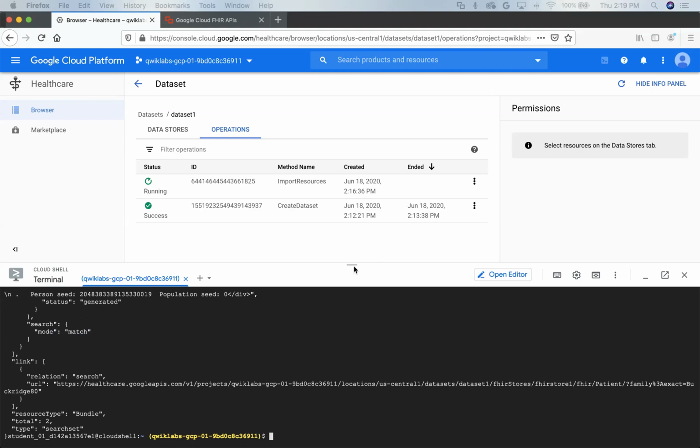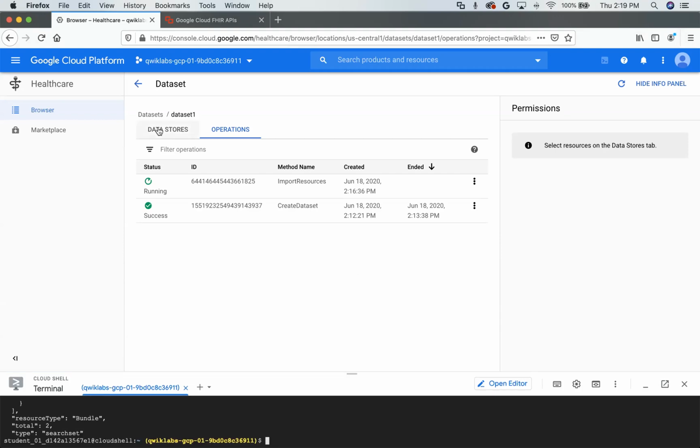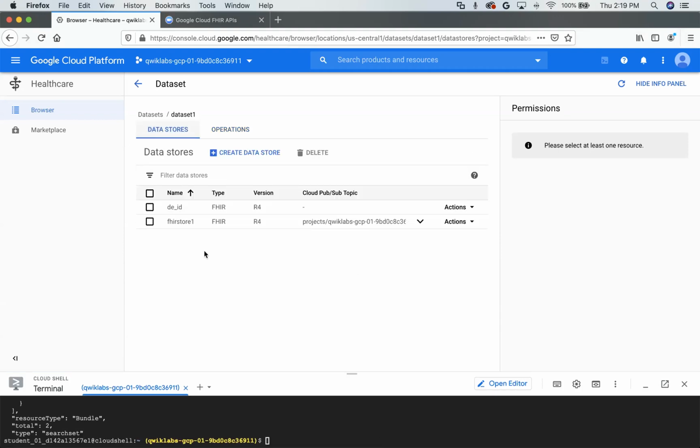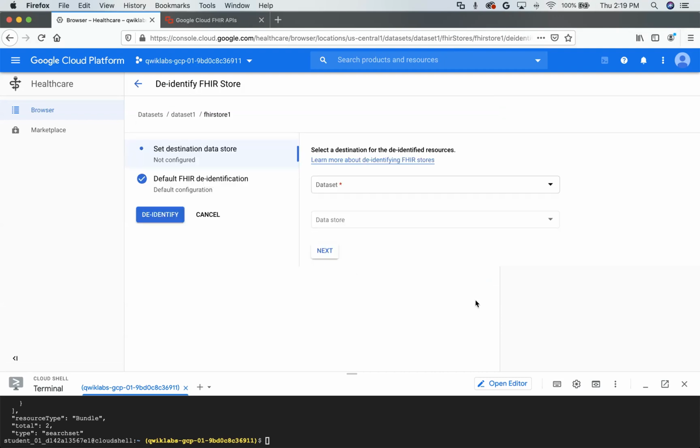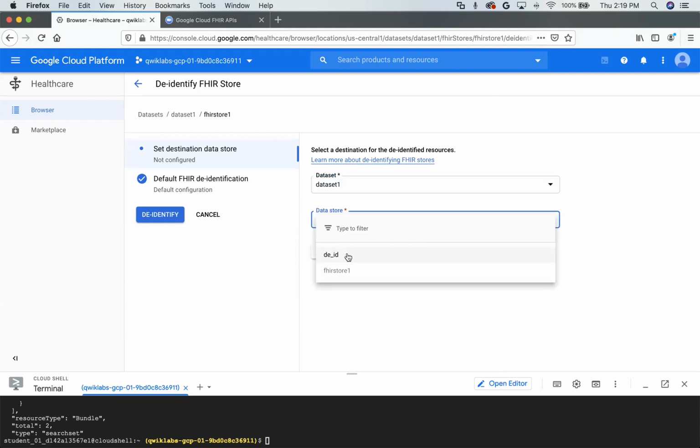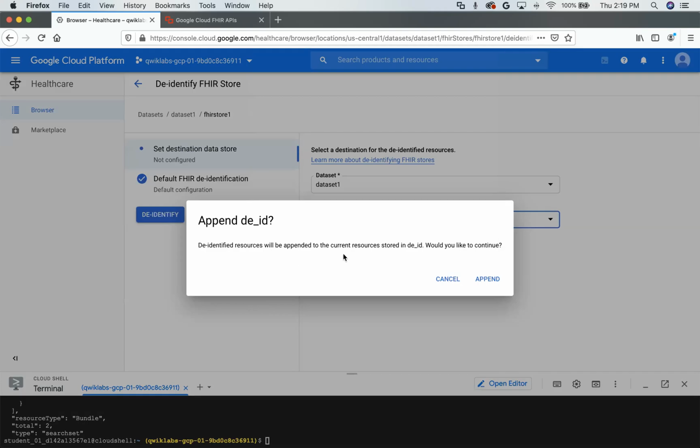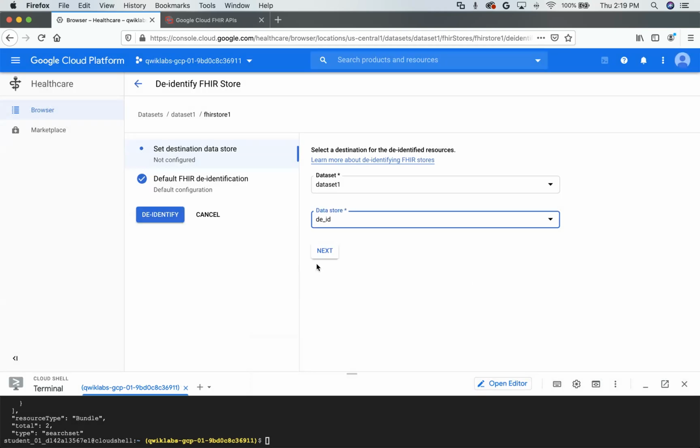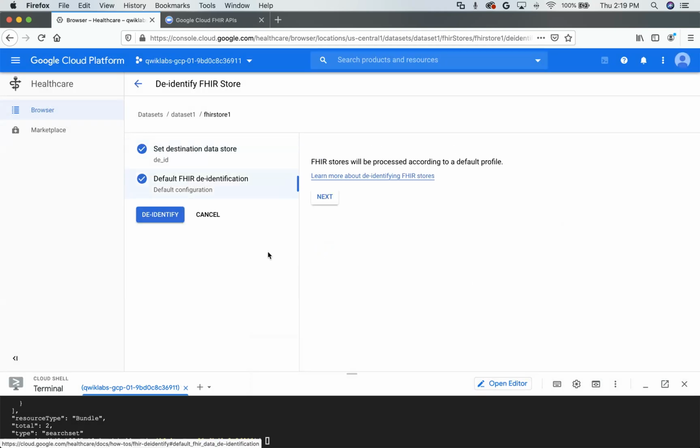So we're going to go back to the UI now that we have data loaded, and we are going to go to our FHIR store. Here we can de-identify the FHIR store. So we're going to take this and drop it in the de-identification and hit append. It's worth noting this is the general remove all, redact all, date shift all